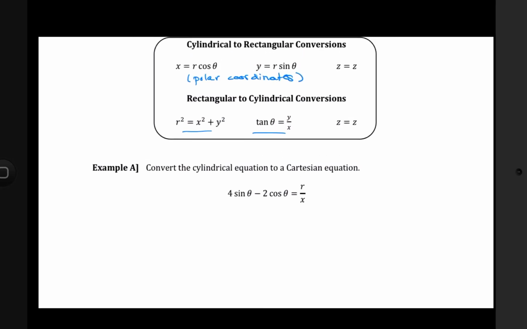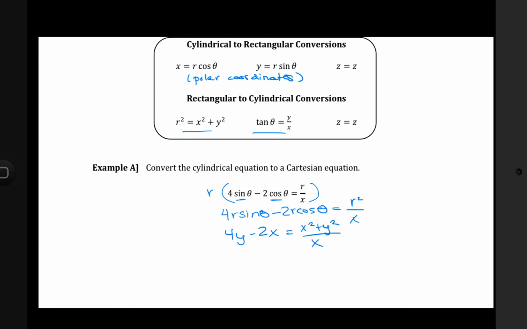Example A we looked at in class, and we talked about a couple of different ways to approach this problem, and it's entirely up to you how you do that. For me, I mentioned in class that I saw that I have a sine theta and a cosine theta, and I know that if I have r sine theta and r cosine theta, then I have an x and a y there. So I introduced an r, and I basically just multiplied the entire equation by r, and I got 4r sine theta minus 2r cosine theta equals r squared over x, and then I just replaced my r sine theta with y, and my r cosine theta with x, and the r squared with x squared plus y squared